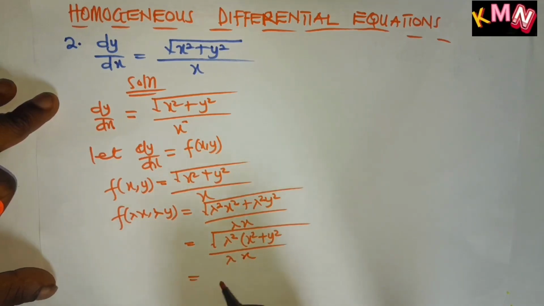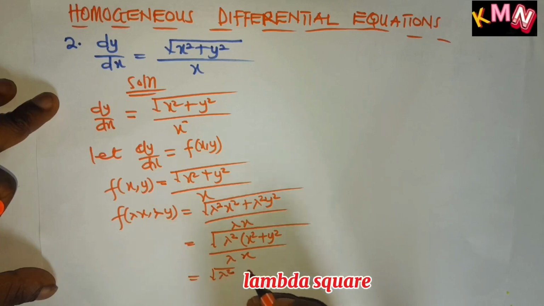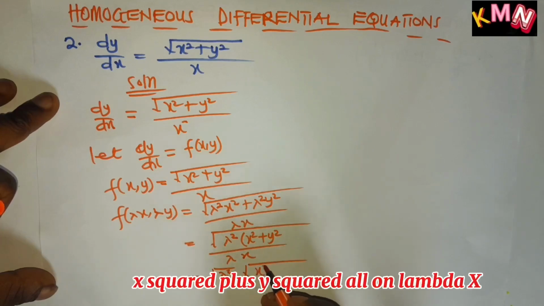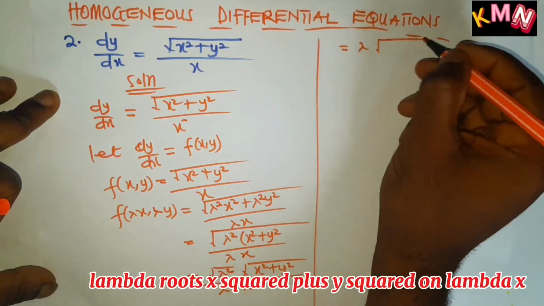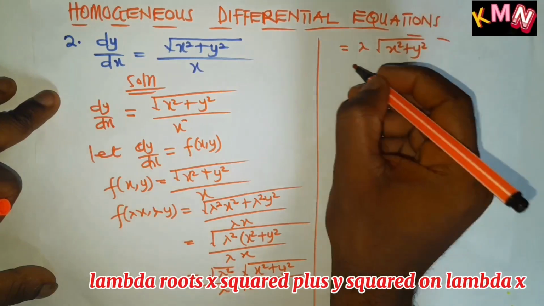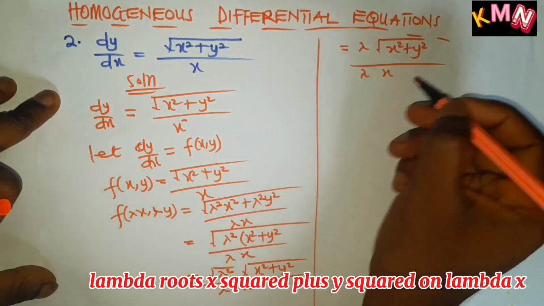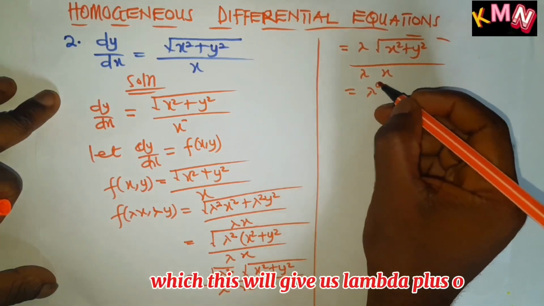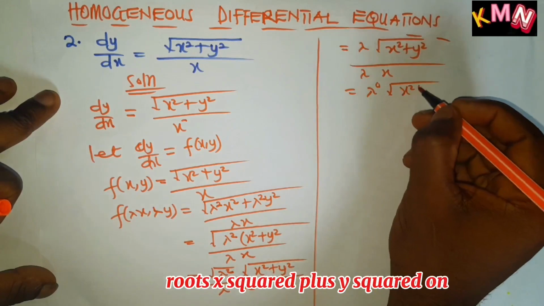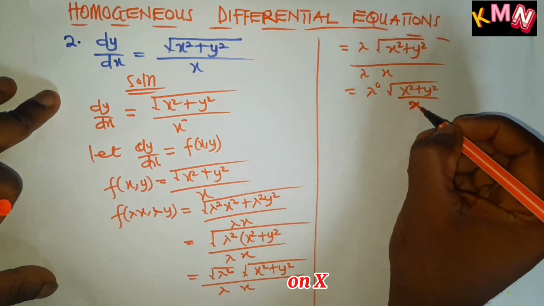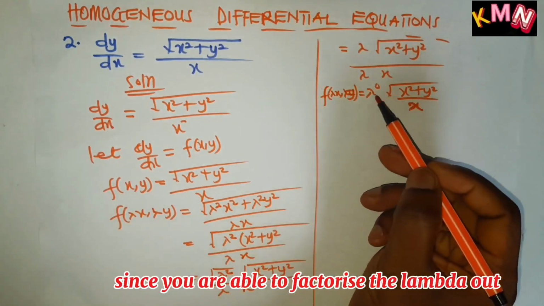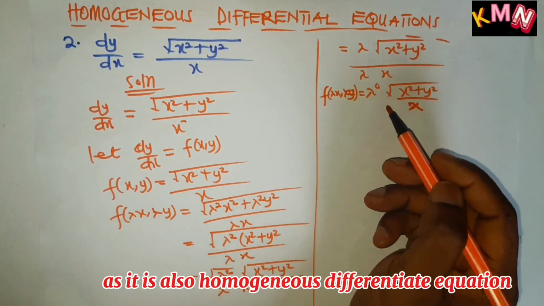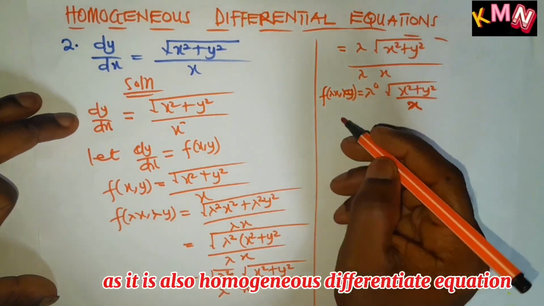Taking the root, lambda root x squared plus y squared on lambda x, which gives us lambda power 0 root x squared plus y squared on x. So since we have been able to factorize the lambda out and the degree is 0, hence it is also a homogeneous differential equation. So therefore